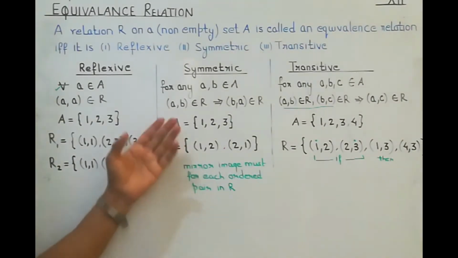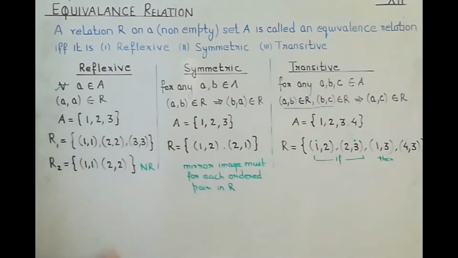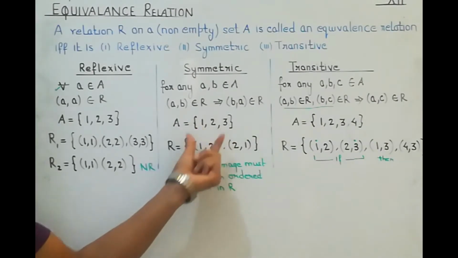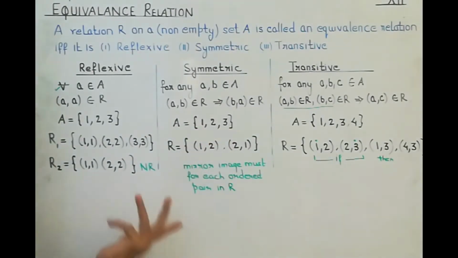It's not compulsory that all the ordered pairs are to be present here with their mirror image. Any of the ordered pairs which is present should have a mirror image, that's all. Not for all the ordered pairs that are obtainable. As you can see, the ordered pair (1, 3) is obtainable, but it is not here in the relation, so we need not look for it.